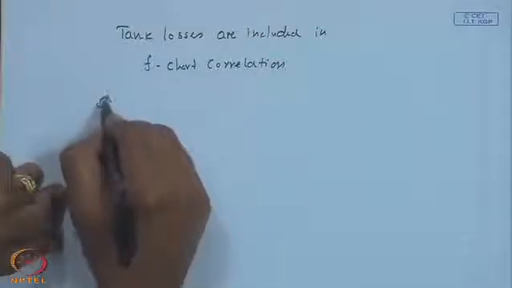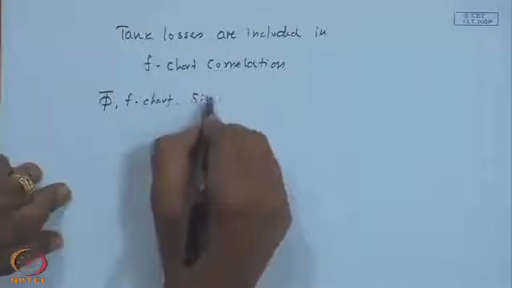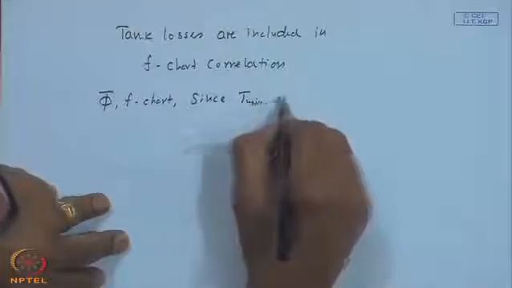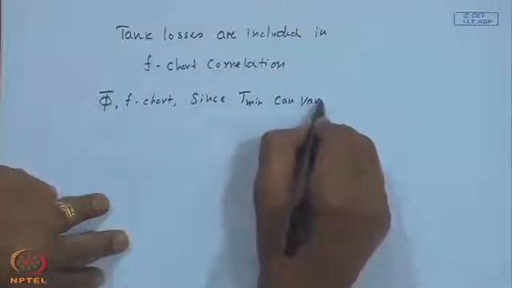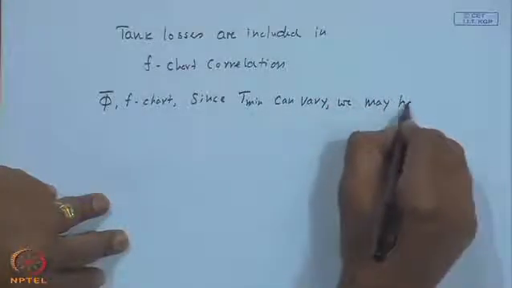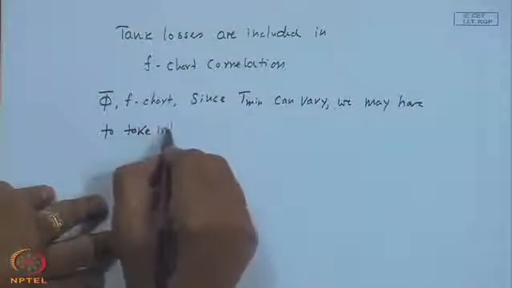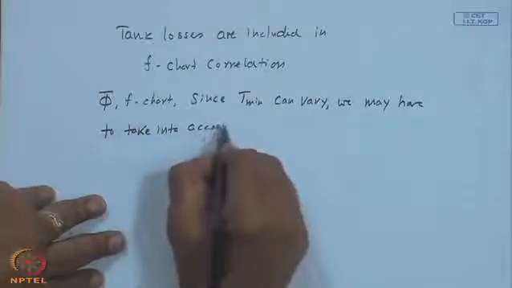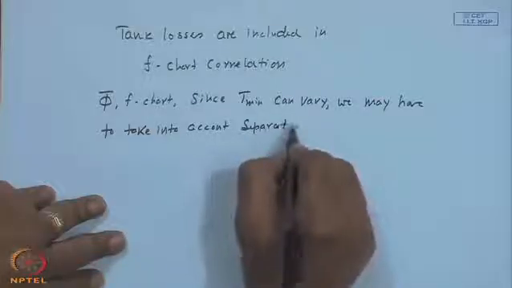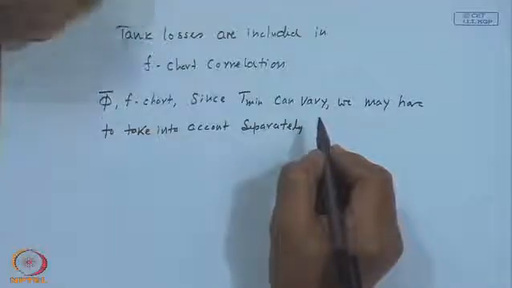In phibar F chart, since I guess this is my logic, since T minimum can vary, we may have to take into account separately. In other words, F chart being applicable for energy delivery above 20 C, one can expect some sort of a uniform sort of proportionate losses,